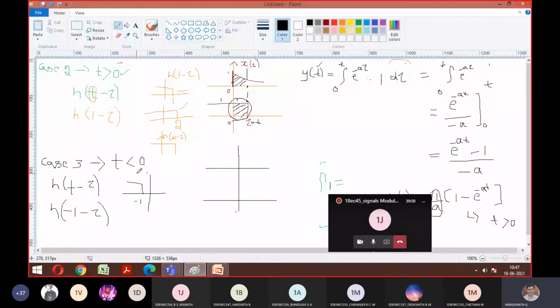Whenever you write cases, the corresponding waveform should be written, guys. Don't write the answers blindly. Try to sketch the waveform properly and write the intervals. So this is one case, and similarly, if I write it in general, it is like this. So this is your tau. Can you find anywhere overlapping is happening?